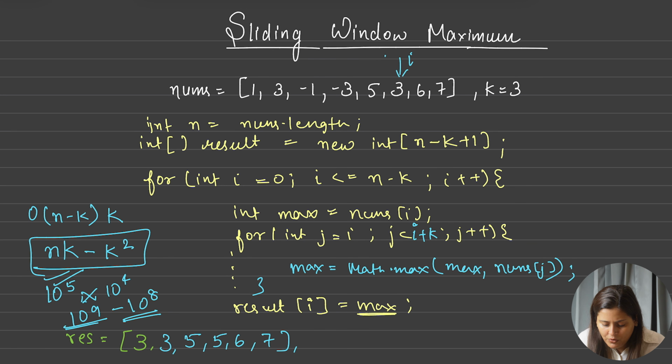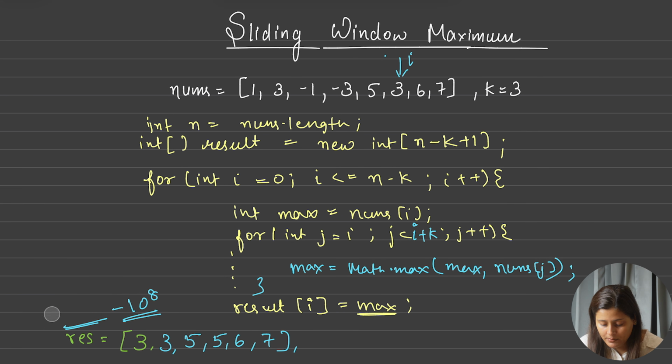The subtraction won't matter much, but 10 power 9 is the highest time complexity, and we cannot go beyond 10 power 8 because it might give you TLE, and you know that. So hence we need to optimize here in this case, correct? Yes, because this is a brute force code.